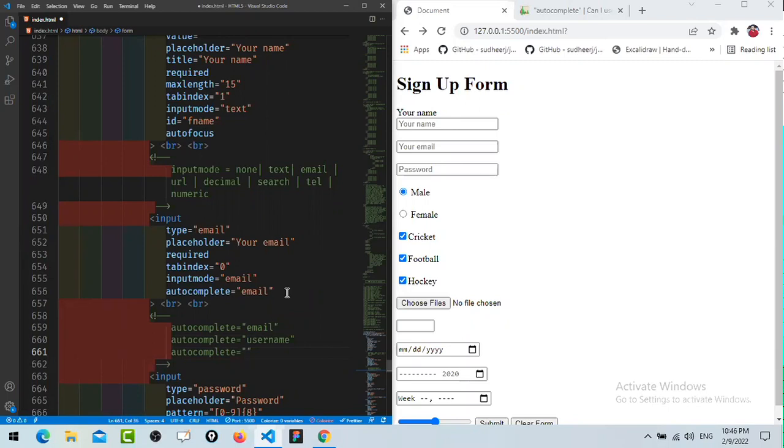Then let's say you are creating your password or resetting your password. In that case you will have two fields. When you ask someone to change the password, you ask them to enter their current password, then enter a new password. So for the current password field, simply type current-password, and that password will automatically come into that field. And for the new password you can mention simply